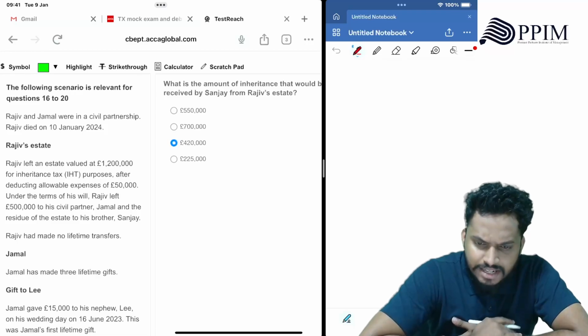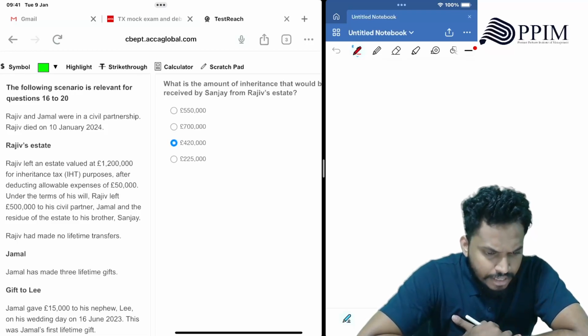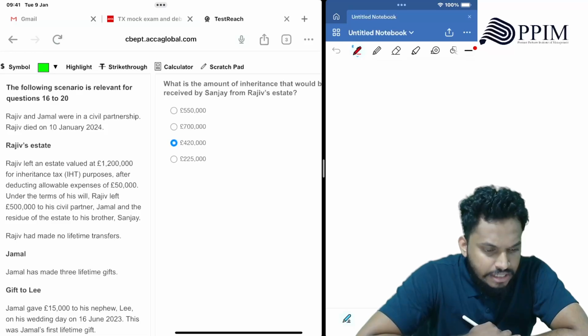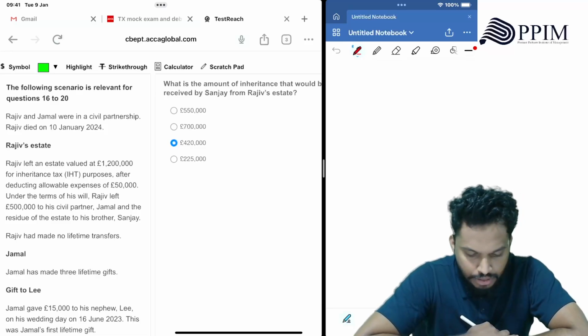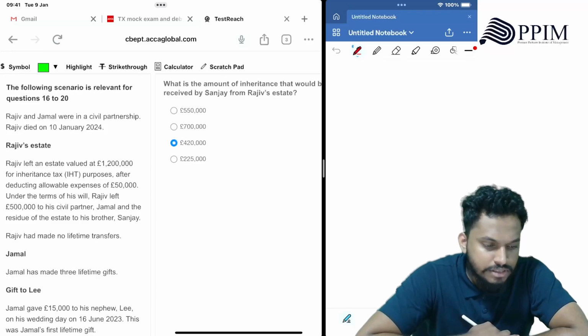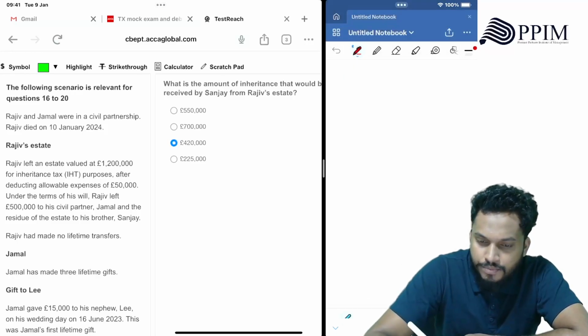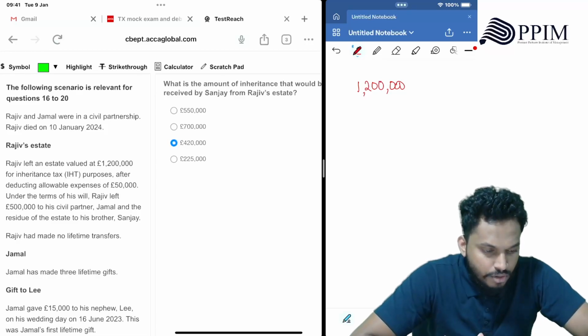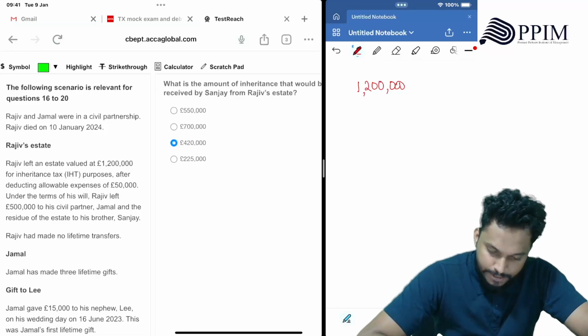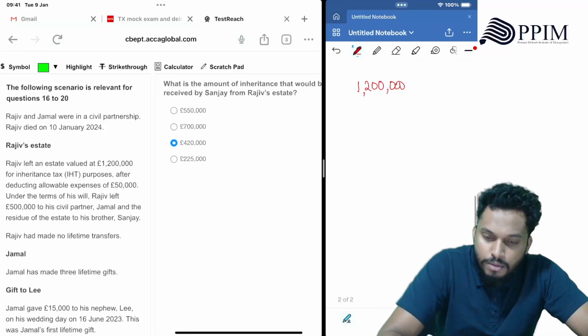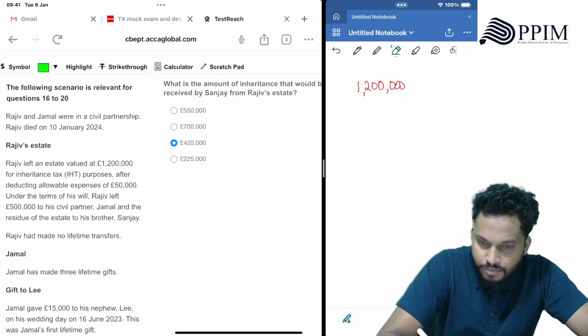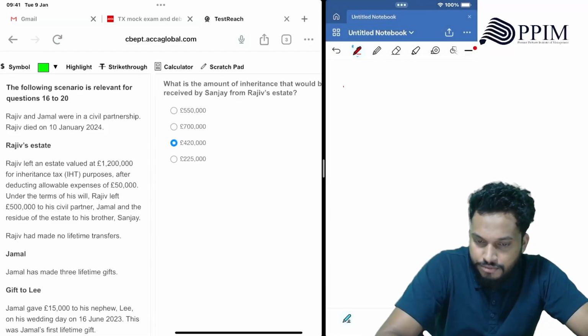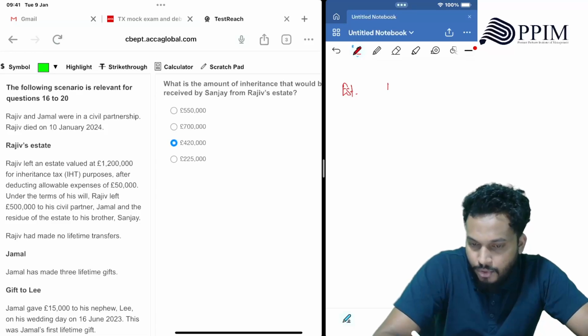So Rajiv left an estate of 1.2 million for inheritance tax purposes after deducting allowable expenses of 50,000. So that is after deducting the allowable expenses, he is leaving his estate of how much? 1.2 million. So he is leaving 1.2 million after deduction of 50,000. Under the terms of his will, Rajiv left £500,000 to his civil partner. So you're leaving the estate worth 1.2 million,